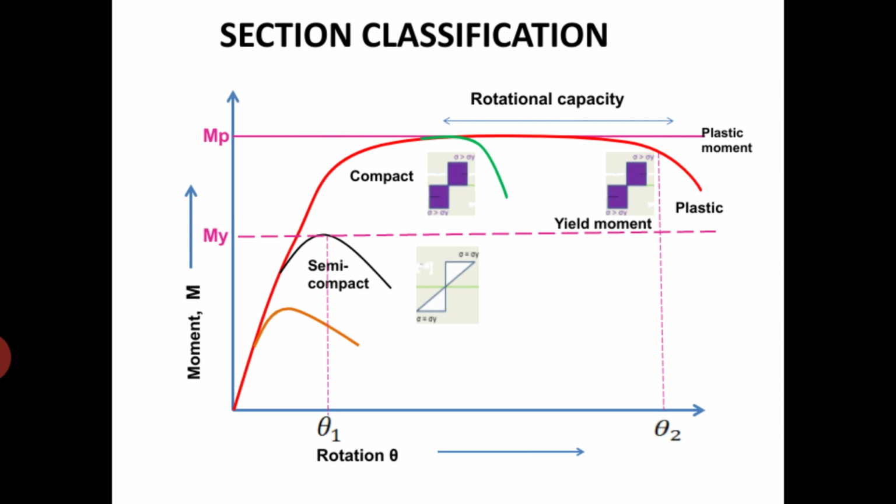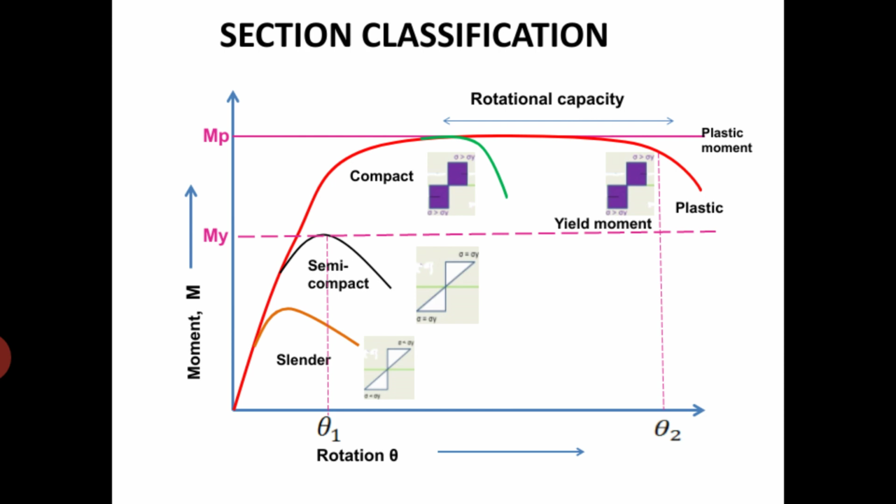of the cross sections. And the majority of the hot rolled cross sections belongs to class 1, 2 or 3, and hence their resistance may be based on the gross cross section properties obtained from the section tables, which is given in IS 800 2007. And these are the classifications which are being made and provided based on the rotational capacity of the member when the moment is acting over the member sections.